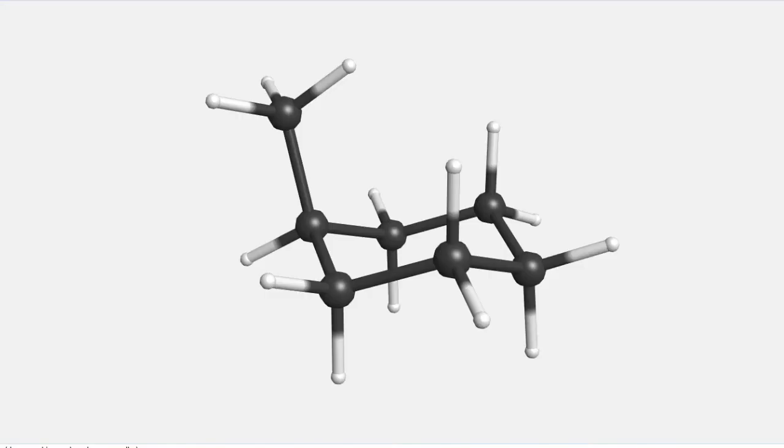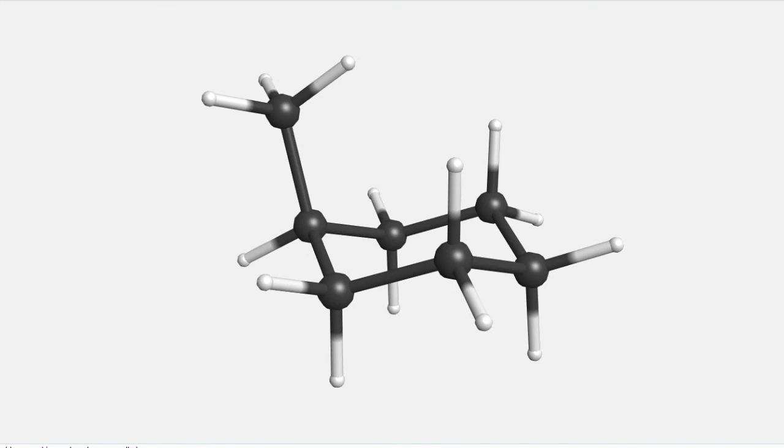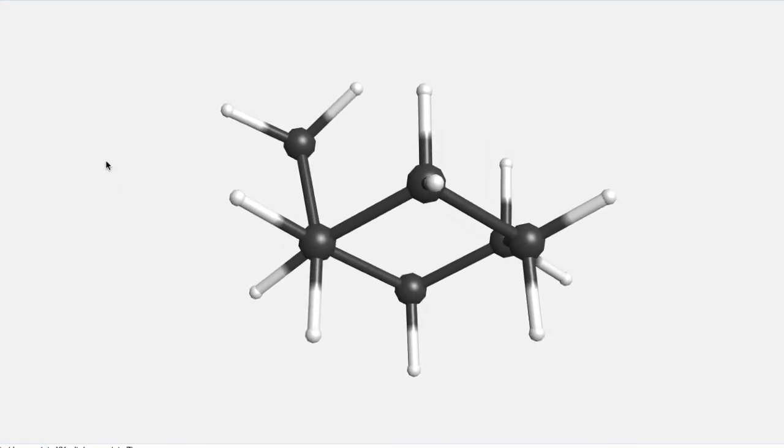So here is a model of methyl cyclohexane where the methyl group is in an axial position. And it's not exactly a steric interaction. You can see that there's some space here. Now, this is not drawn in a space-filling model. It's just drawn in a stick model. But the space between this hydrogen atom and these two, there's enough to actually accommodate that space. What's really going on here, I'll try to orient the molecule in a way that makes it easier to see, is that if we look